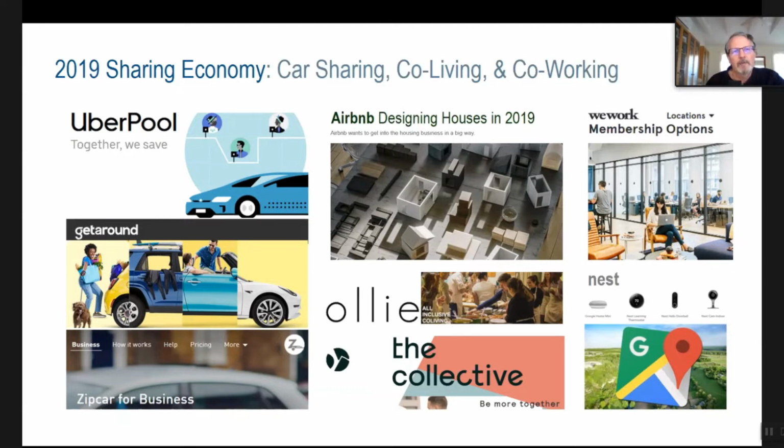As we move from transportation and car sharing to the housing market, we see Airbnb, despite their current struggles this year with the pandemic, in 2019, they started thinking about designing their own backyard units, these accessory dwelling units. This would give a consistent brand and experience for people who wanted to take Airbnb space.